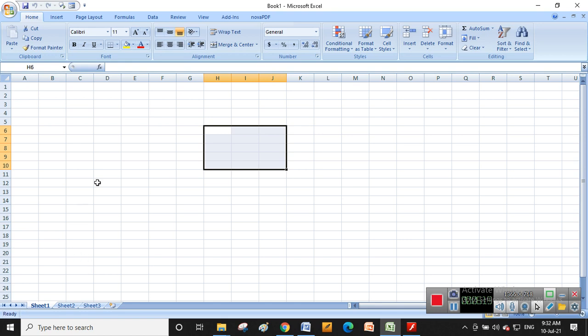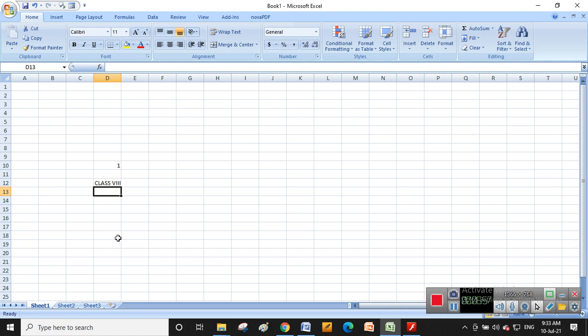The data we insert inside a cell can be numbers, text, or formulas. By default, numbers are always aligned to the right side. If you write text, like class 8, it will align to the left side. So numbers are always on the right side and text is always on the left side. Formula is general, so it is not left or right. How to enter the formula, I will also show.